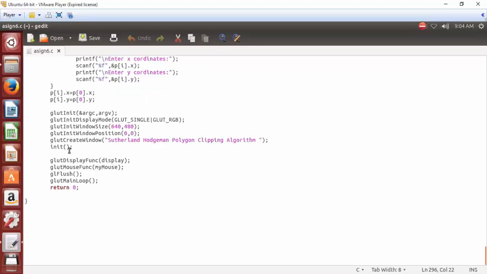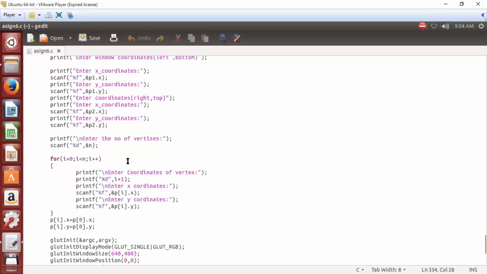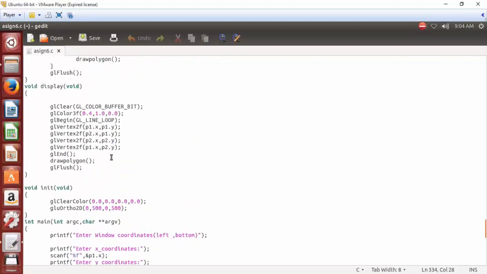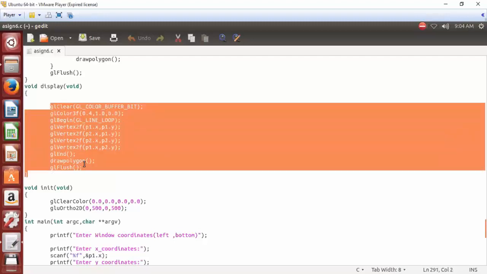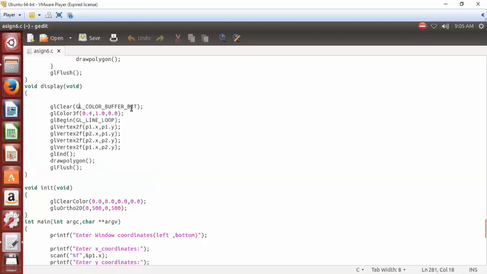After the init function, the next function we are going to call is our display function. Let's see the display function. This is your display function. In the display function, what you are going to do is simply clear the screen. After clearing the screen, you are going to draw a line loop.